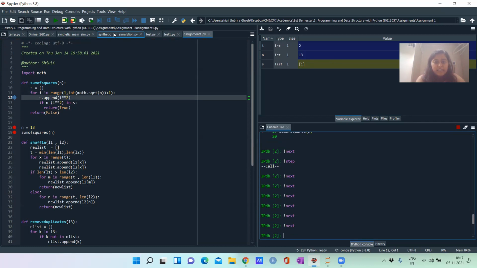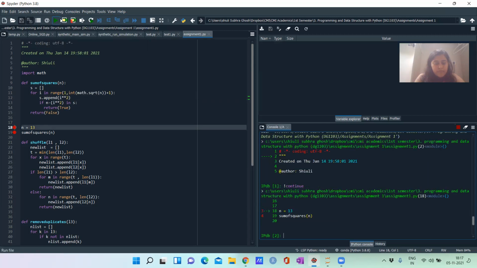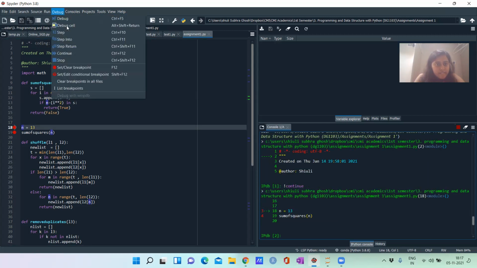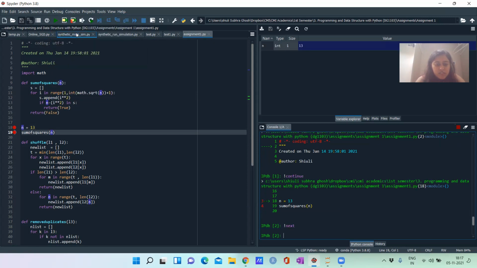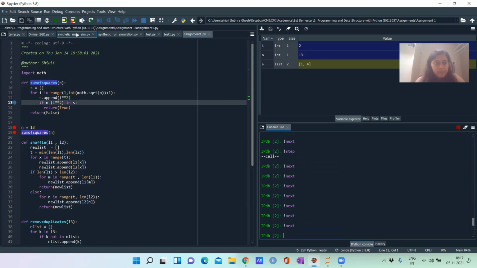Again we are iterating, now it is 2, and now it is coming 4.